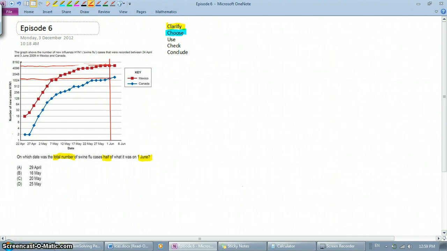So we can estimate based on those of being a half and a quarter that the Mexican cases will be 4096 plus halfway between 4096 and 8192, and the jump between them is going to be 4096 because it doubles every time. I can do the addition, I can do the multiplication, but half of 4096 is going to be the next increment down. So it's going to be 4096 plus